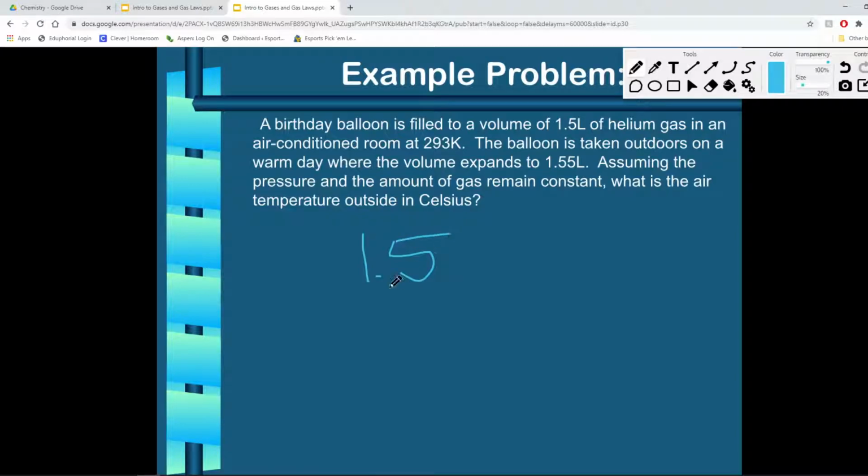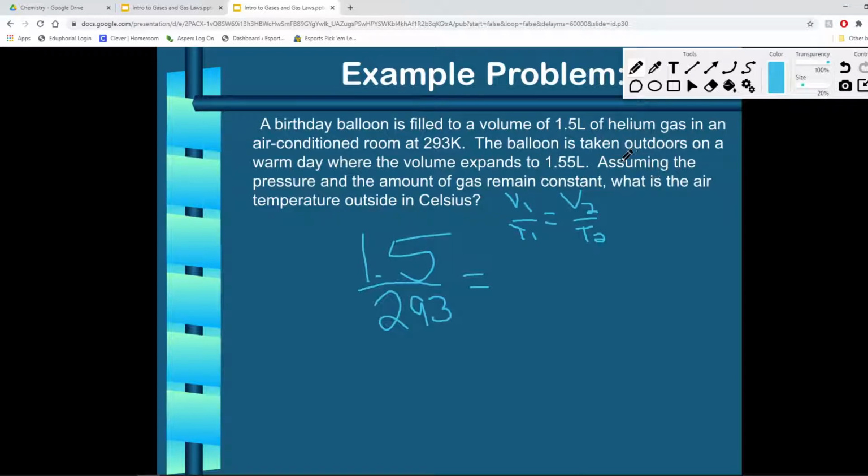That's our V1, and that's over our initial temperature, our T1, 293. And here, I'll write the equation up here. Okay, and we're going to say that is equal to,